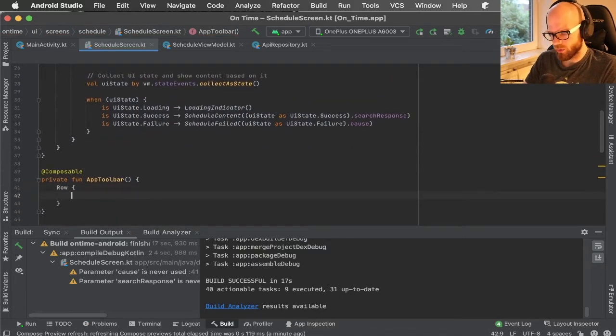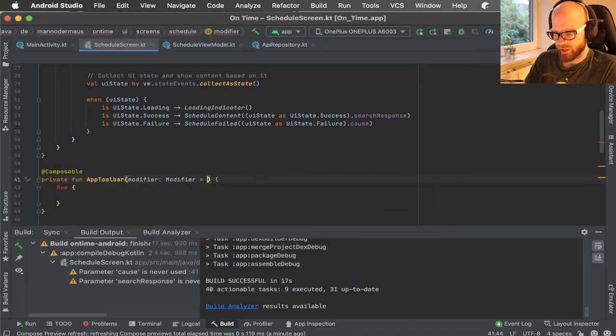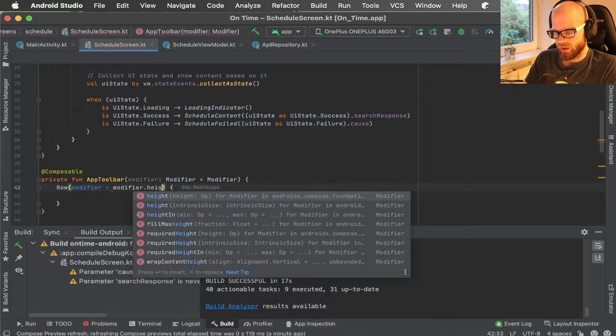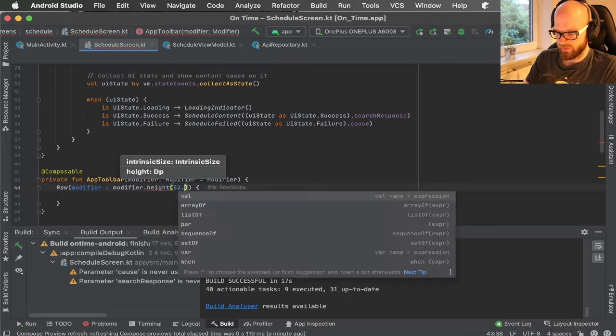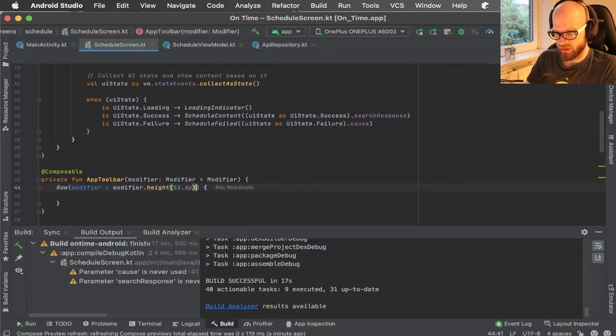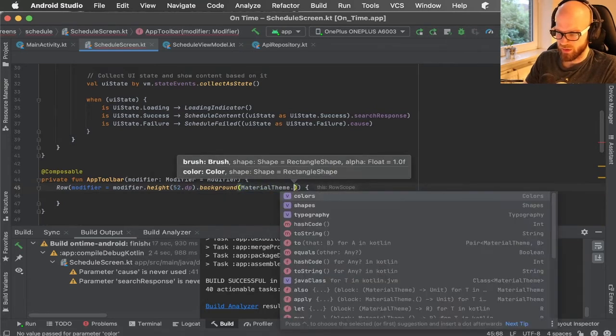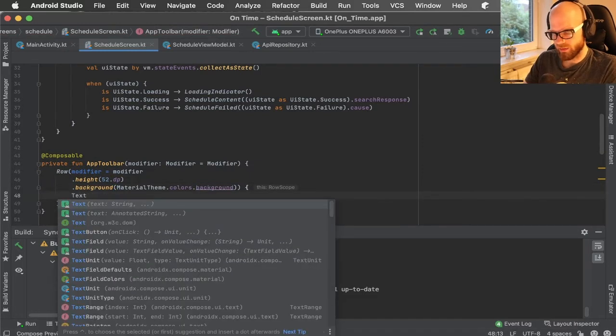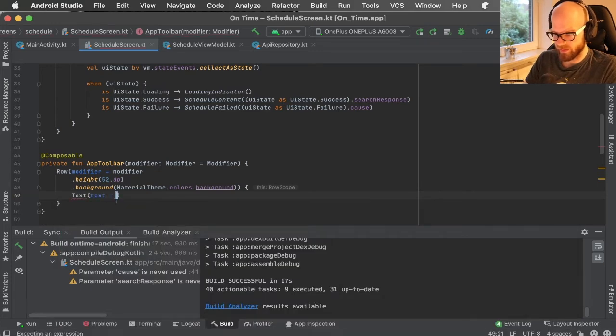And that is a row. Let's do a modifier here, and then this is just, I don't know, 52 dips height. Background color is material theme colors background. And then in here, I'm putting a text that says,